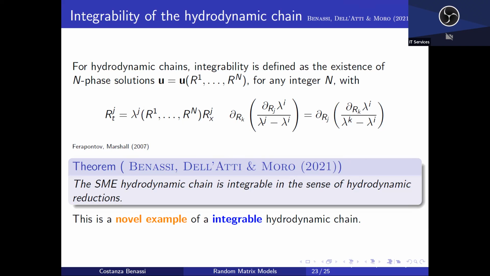Okay, and the whole point is that we managed to show that this chain is integrable, and to the best of our knowledge, we have not found that chain anywhere else. So this looks like a novel example of an integrable hydrodynamic chain. And more than that, hydrodynamic chains have been cataloged by Odesskii and Sokolov. I don't remember the year. Apparently, it doesn't look like our chain belongs to that classification. And probably that's because we have two seeds, which, as I was mentioning, is sort of weird.